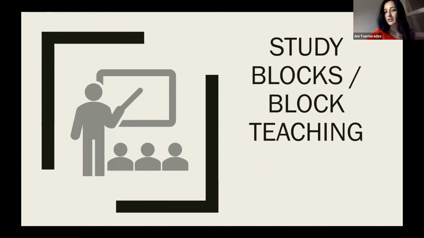And the study blocks and block teaching, I think most of you had some questions about it. First, let me explain what a study block is. Some of the courses have block teaching or a study block. It's the same thing. During those blocks, you will be having the same course for the whole week, every day, usually for 3 or 4 hours.